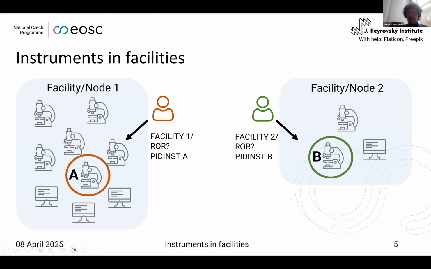In our opinion, ROR would be good, of course with limitations, but honestly speaking, even in Czech Republic, facilities do not have a ROR. ROR is an identifier used for the institution which owns the facility. So it's not properly identifying the facility, even though I am mentioning it on this slide. And then for the specific instrument, we use a schema which is defined by PIDs, and I call it PIDs A or PIDs B according to which instrument was used.